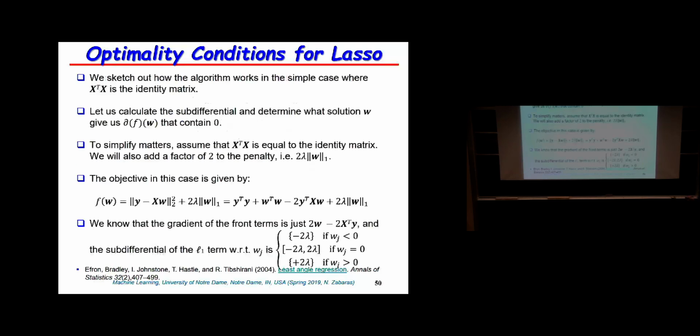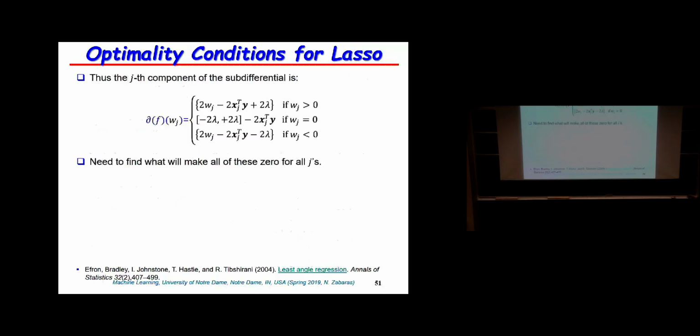From where did this come from? Take derivatives here with respect to Wj, you get 2 times Wj. Take derivatives here, what do you get? The xj column multiplied with the y vector, okay, times 2. And what happened here to the w term? There's no w term. Well, it disappeared because this is for w equal to 0. So effectively, the subderivatives of the objective function that we want to minimize, the subderivatives with respect to Wj, look